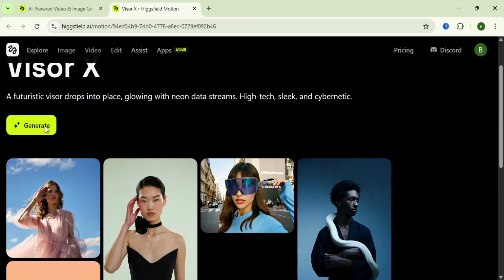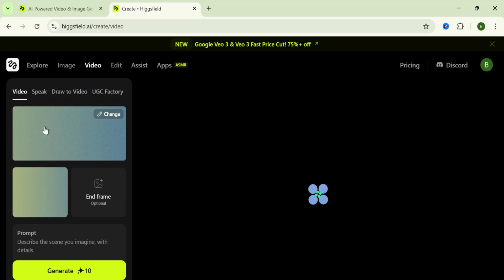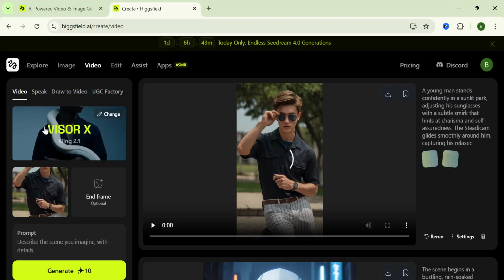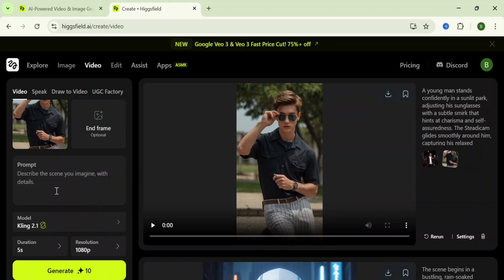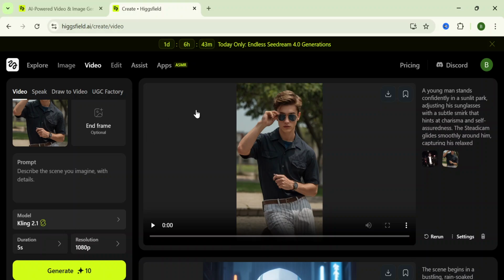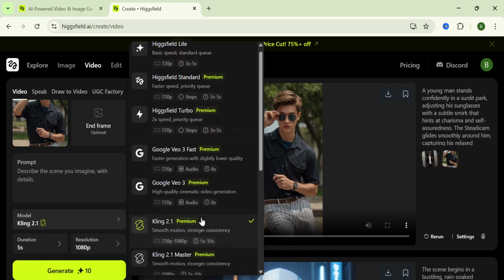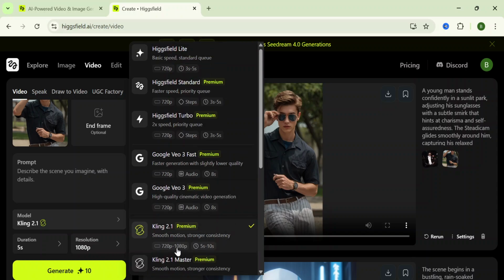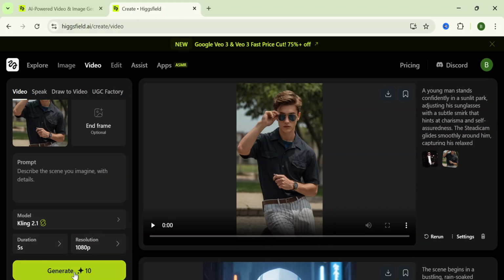Once you've clicked on the generate icon, you'll be brought to a page where you'll be able to upload your image here and describe your prompt. Select your model. You can select any of the models here depending on what you are going for. You can just check their resolution and duration capacity, so it depends on what you want. If you also want audio for some of your effects, you can select any. You can see this is Google Veo 3, so you can just select any of them,